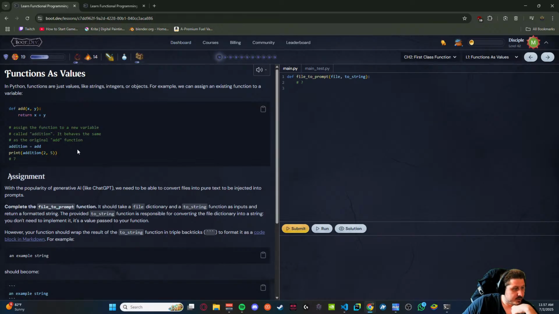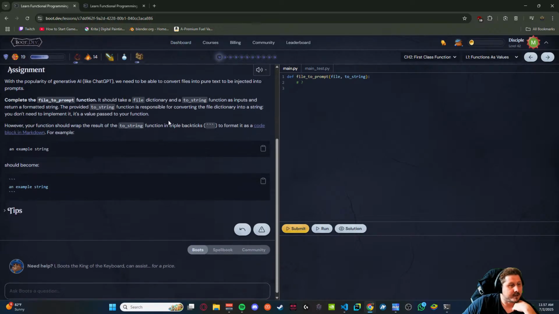With the popularity of generative AI like ChatGPT, we need to be able to convert files into pure text to be injected into prompts. Oh boy. Complete the file to prompts function. It should take a file dictionary and a string function as inputs and return a formatted string.